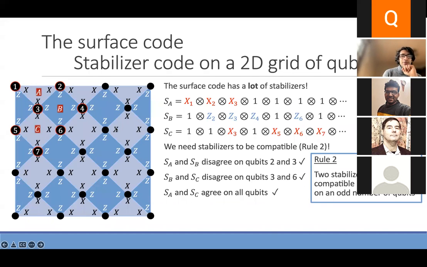And then C has an X on qubit 3, 5, 6, and 7, and so on and so forth. I'm not labeling all the qubits just because there's a lot of them. But the idea is this stabilizer has a Z on the 4 corners. This stabilizer has an X on its 3 corners, and on and on. And notice that I've carefully constructed this so that I have these